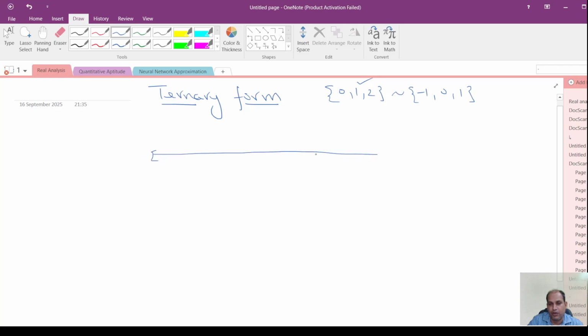In ternary representation, if you want to represent any real number in ternary form, then I need to divide equally into 3 equal intervals. So 0 and this one is 1, so I can write it as 3 by 3 and this 0 as 0 by 3. The other 2 points will be 1 by 3 and 2 by 3. Again we will do the same technique: we will label it by 0, this one by 1 and this one by 2. Now suppose we are interested in representing, let us take any other number, say 1 by 4